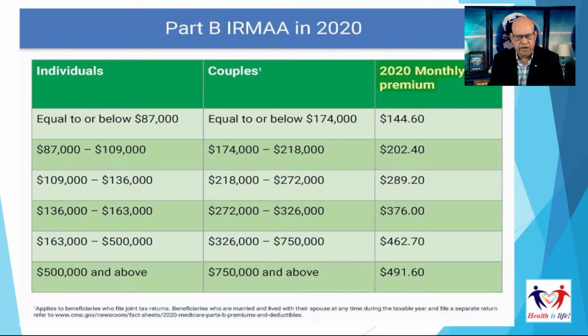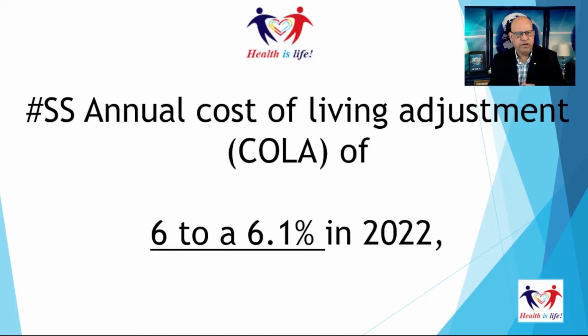And as you can see, if you're making more than $500,000 in the bottom column, your Medicare premium is not going to be $158. It's going to be well over $491 and change. So that's coming up. And the Social Security annual cost of living adjustment, or COLA as it is called, is